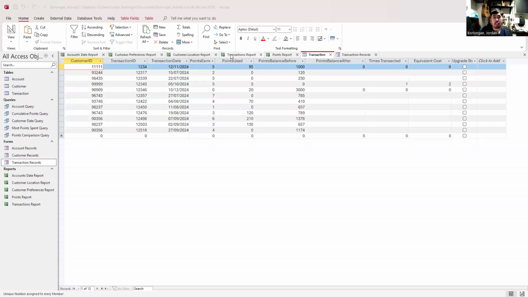Hello, welcome back. Last time, we created 5 separate forms for our example here. So now, we will make 5 reports. But first, I would like to update my transaction table because previously, I only input one column for the